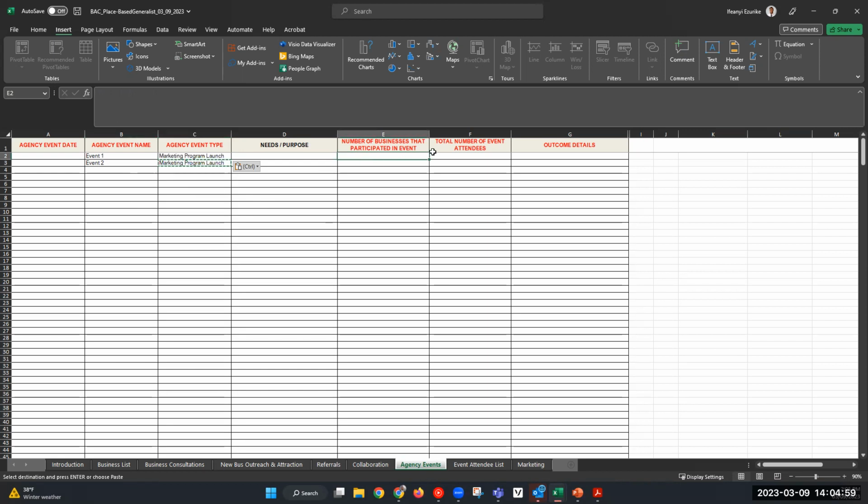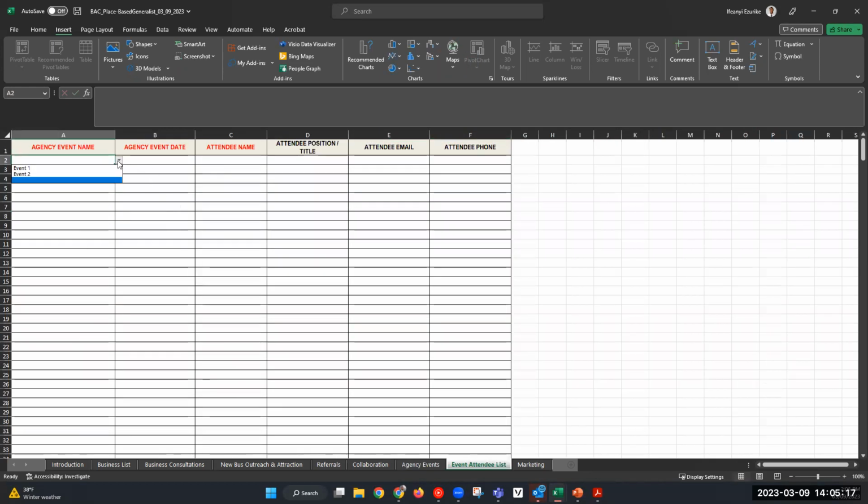And then number of businesses that participated, let's say it was 20 businesses, and this was like 2. Total number of event attendees, let's say it was 50, and then this was like 10 people. And the outcomes, I want to go to this.